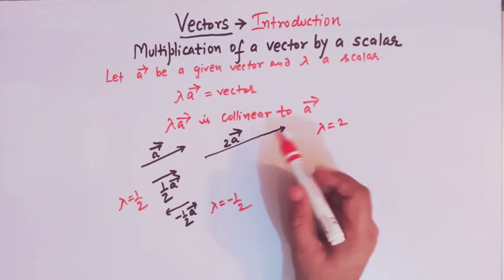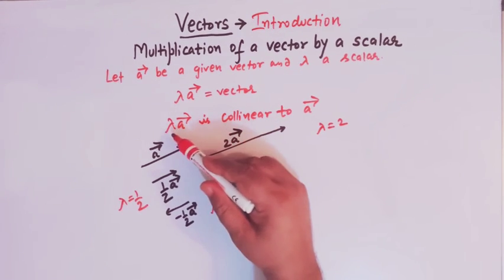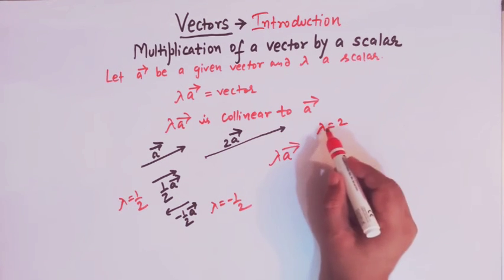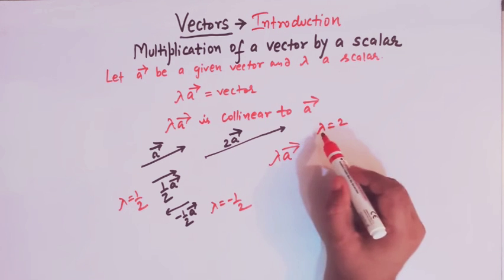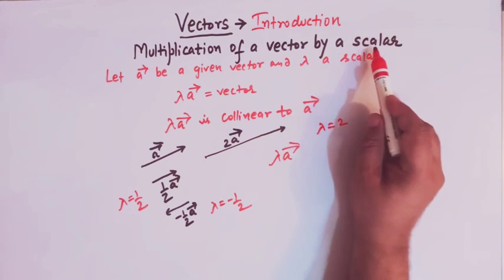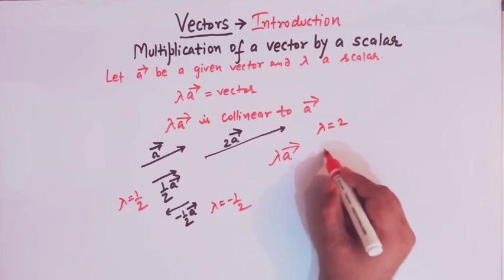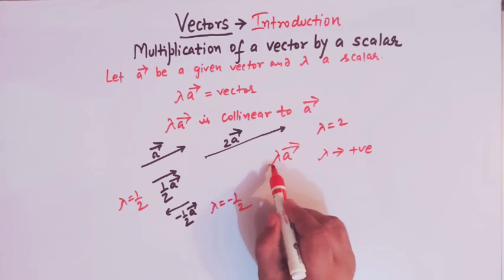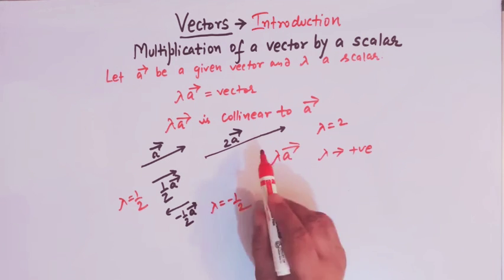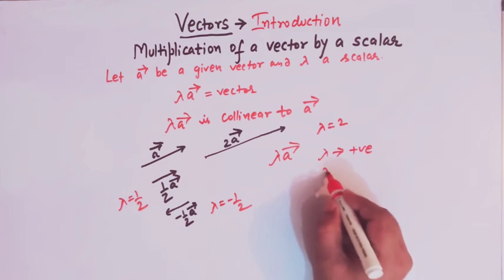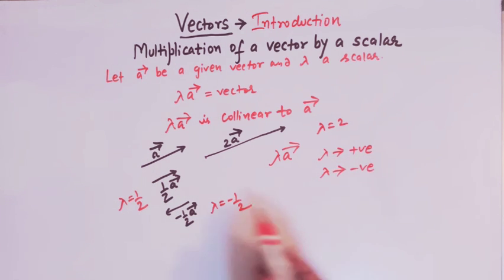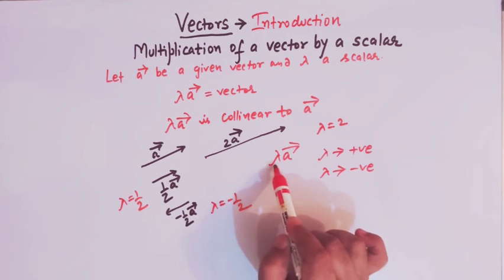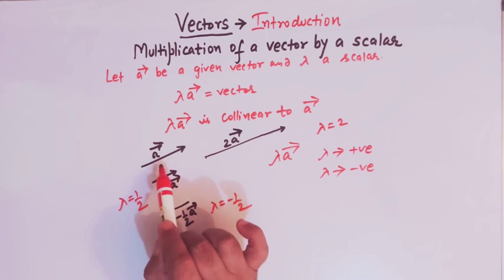So the direction of the vector lambda times vector A depends on the sign of the scalar lambda, right? So if lambda is positive, then the direction of lambda times vector A is same as vector A, but if lambda is negative, then the direction of this vector lambda times vector A is opposite to the